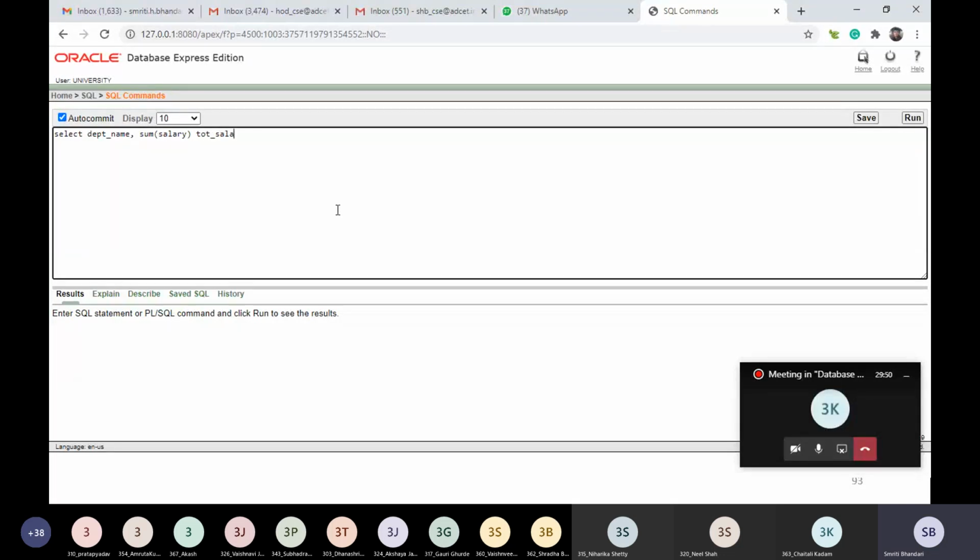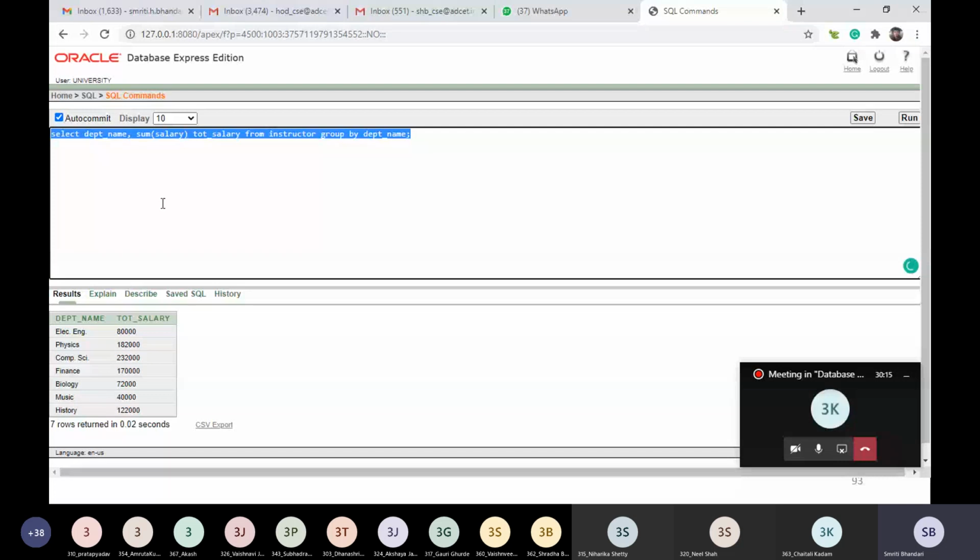Let us rename this as total salary, from instructor, group by department name. So this is a statement that will provide me the sum of salaries per department, right? We have right now 7 departments and these are the sums of salaries.